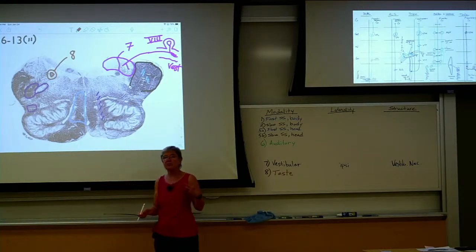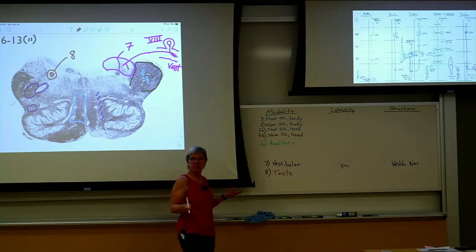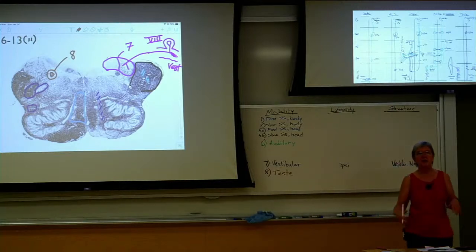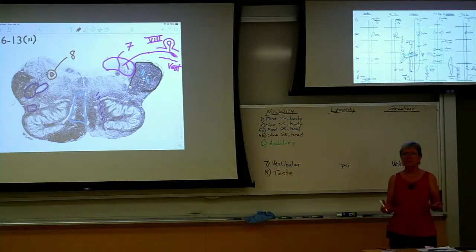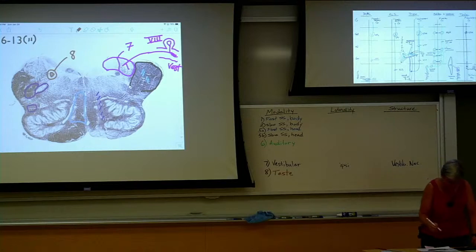And people sometimes refer to this as the donut nucleus. And that's kind of handy because it's handling taste information as well as some general visceral afferents. Those are divided in the different regions of the solitary nucleus or tract, but we're not going to go to that level of detail. So this is taste information as well as general visceral information, which we'll learn about in